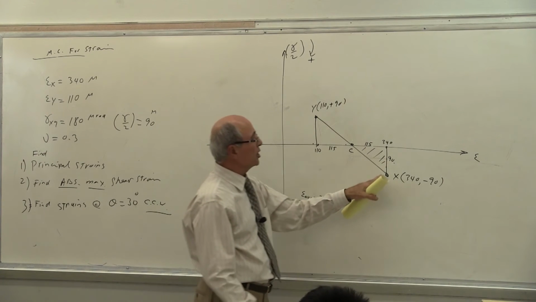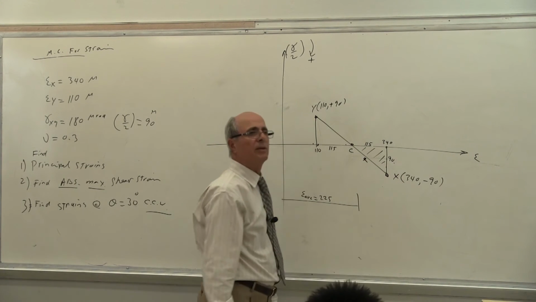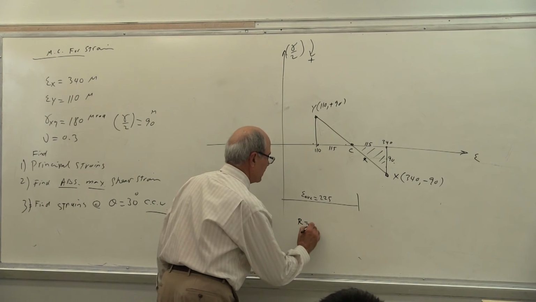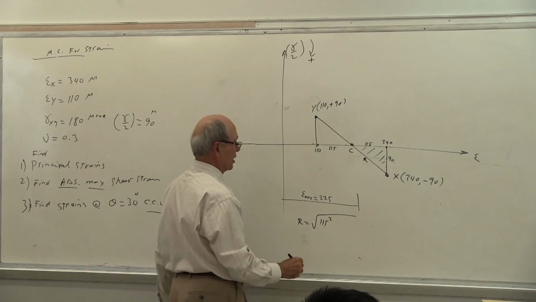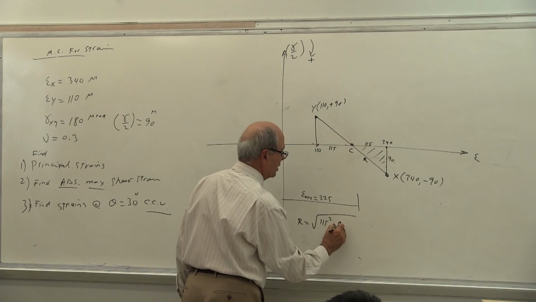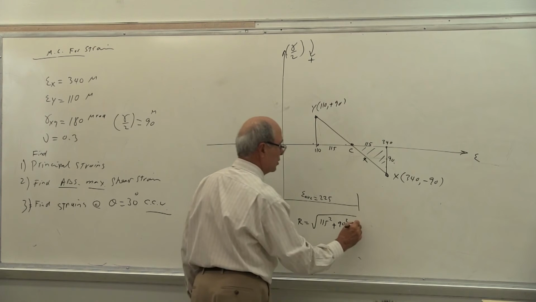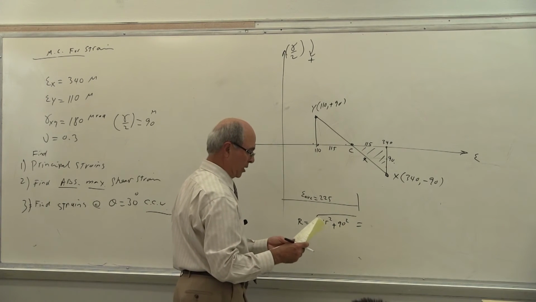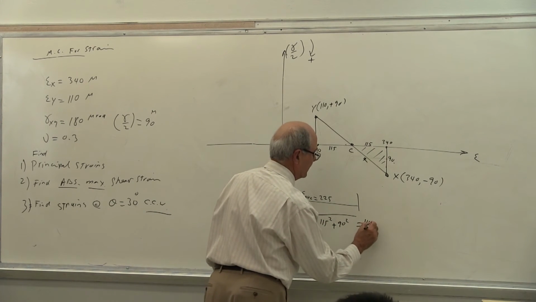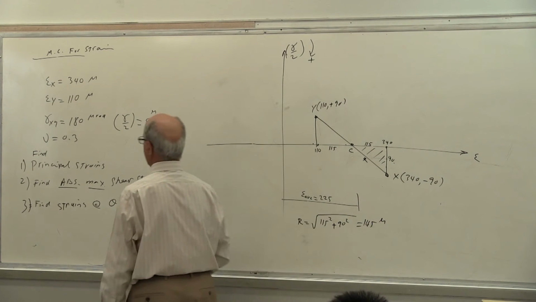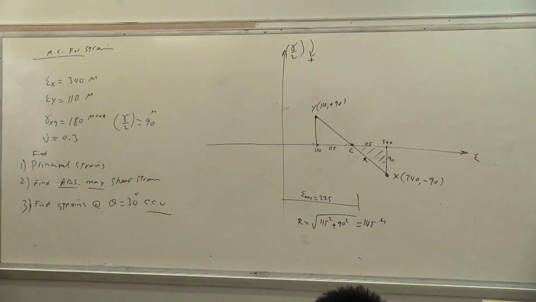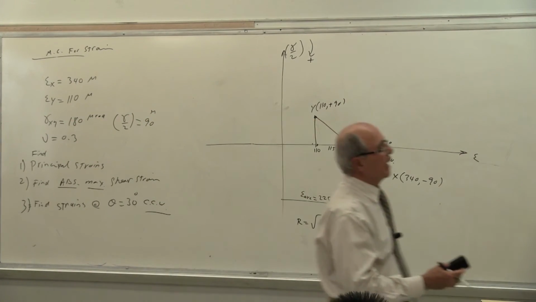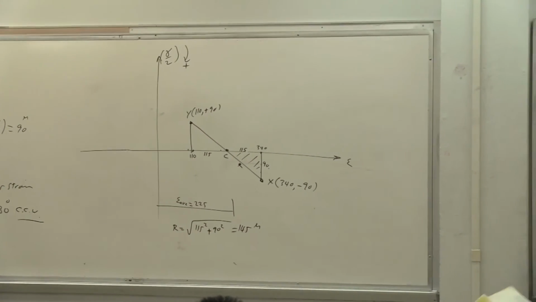Yes? What is R equal to? Is this R? Yes or no? Yes. R equals the square root of 115 squared, which is the same formula I put there, but I'm not using the plus, plus 90 squared, which is gamma over 2, and that becomes equal to 145 macro. And then I'm going to erase part of the other board. So these are your sign convention. This is your question. This is the answer. And the rest of it follows as we have done before.